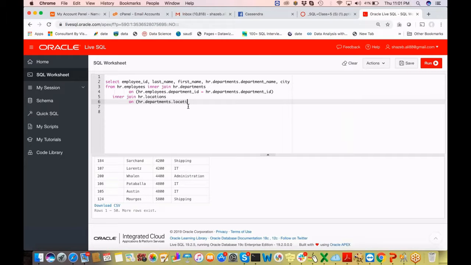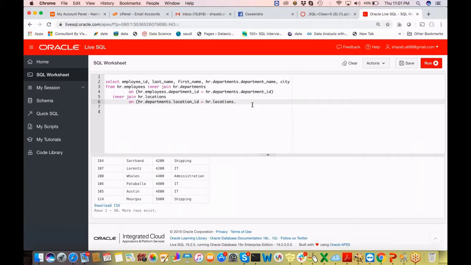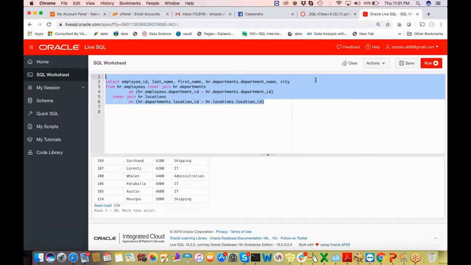So HR.departments.location_ID equals HR.locations.location_ID. And when I got this, I'm just gonna run,